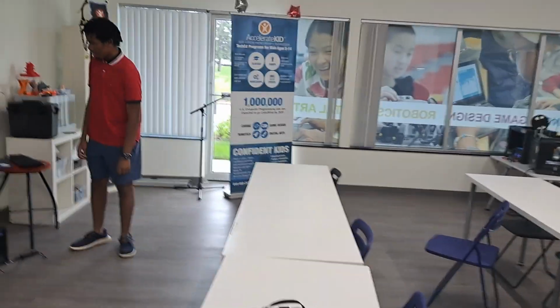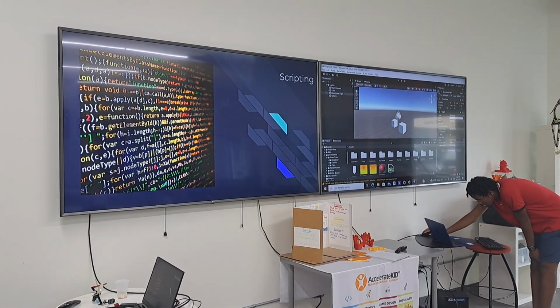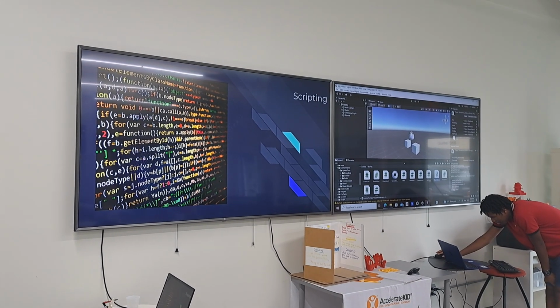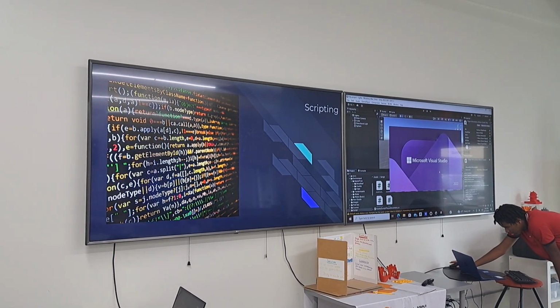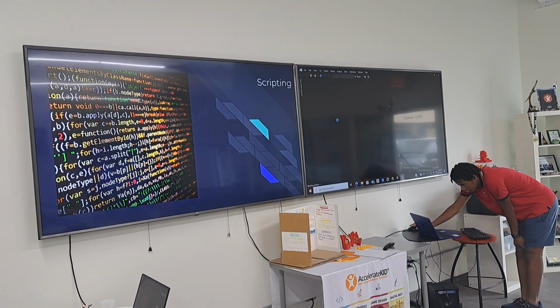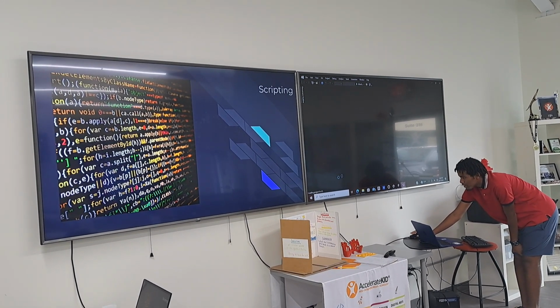Scripting. I'll just show you one script. For this, we'll just go to player movement, why not? And basically what player movement does is once it shows